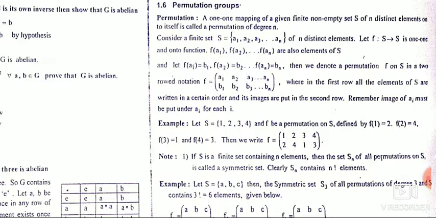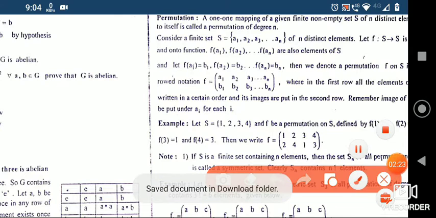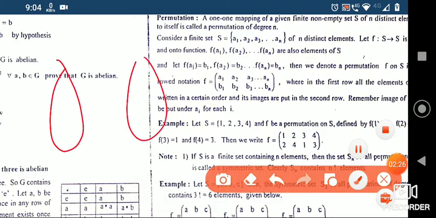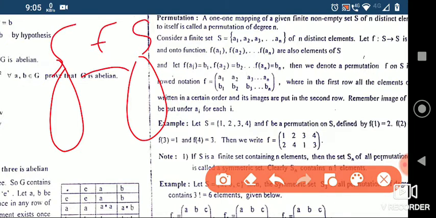So consider a finite set S here which has n elements, because here permutation is for n elements. S is equal to a group of a1, a2, a3 till an of n distinct elements. So it's the same mapping f from S to S. Last time in mapping we had different elements, but here the elements in the first one and second one are same. A mapping f will be there from here to here, but this set and this set will be same.